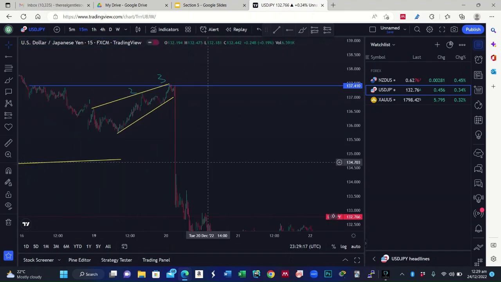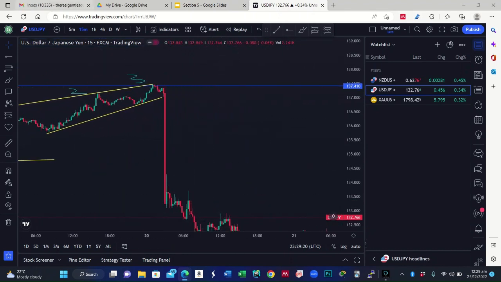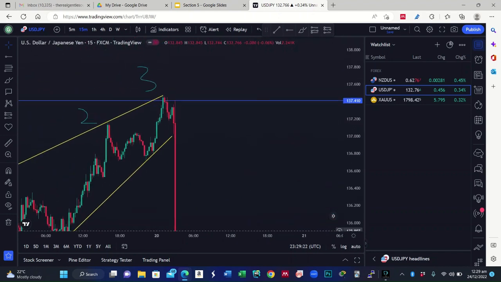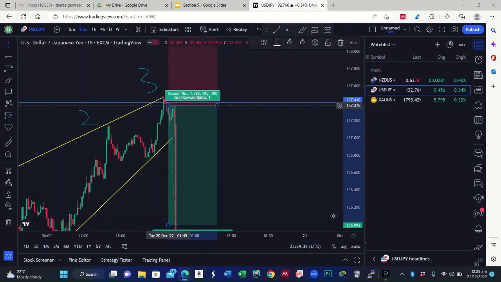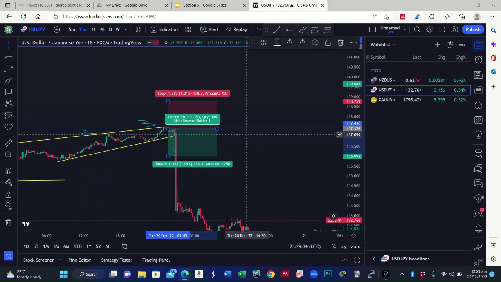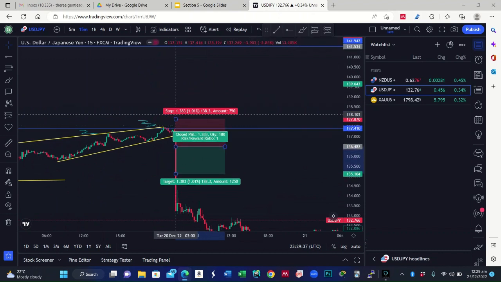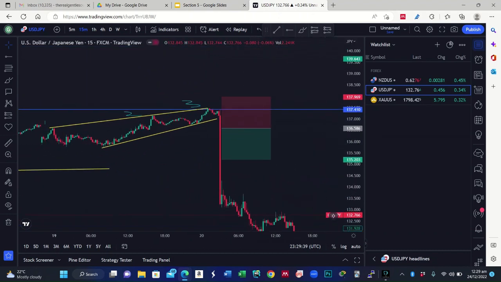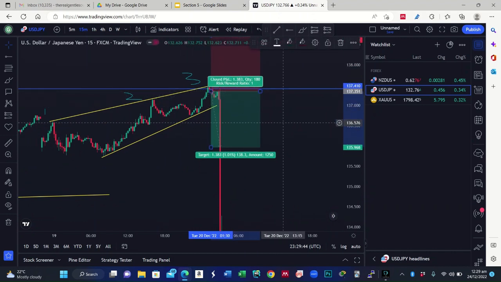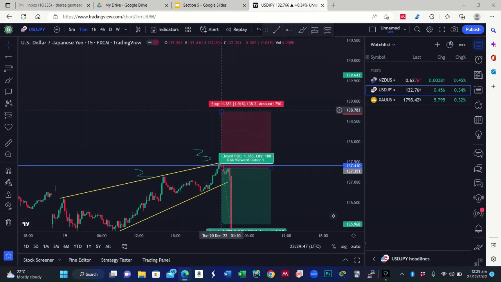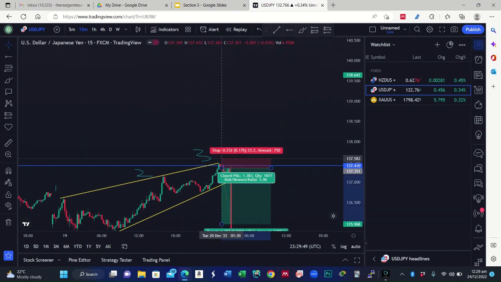Don't forget, after the third touch, you can see the reversal candle here. So let us use our short tool. Use your short tool and then enter the trade. Oh, sorry about that. So your stop loss will be above the structure,